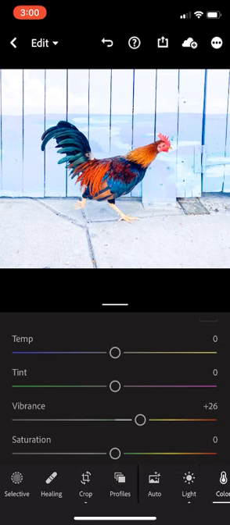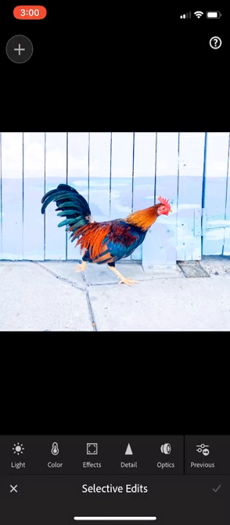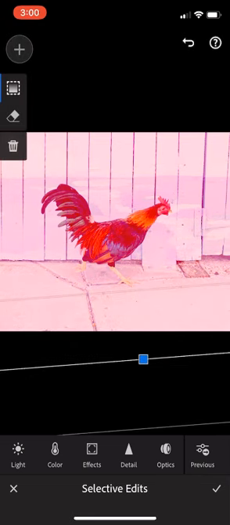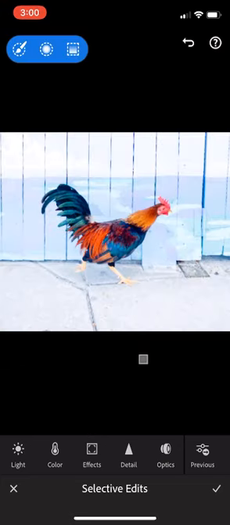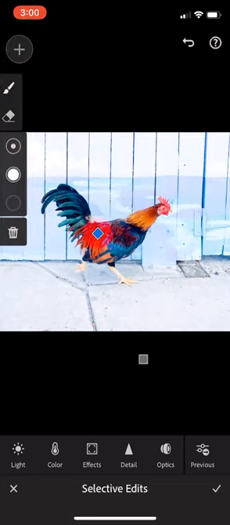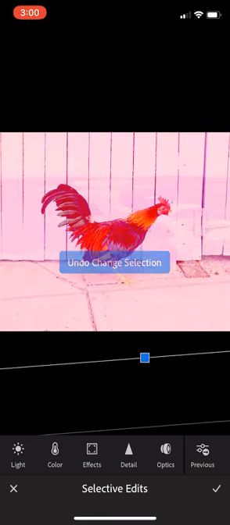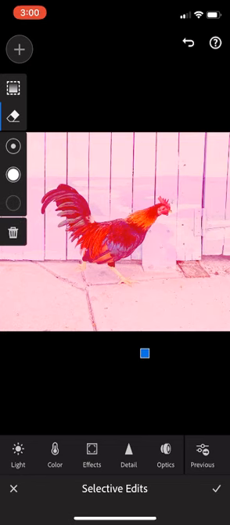To do that, we're going to go on the bottom over to selective. And selective is going to let you edit different parts of the image. So we're going to take this rectangle one and basically just get it so the whole image looks kind of like covered in red. That's all stuff that's going to be edited. Then we're going to click on, let's undo that. There we go. Okay, so we're going to get that all red, and then we're going to click on this eraser,